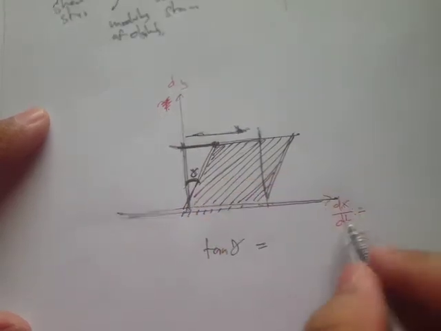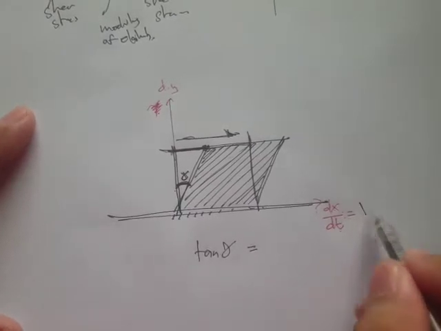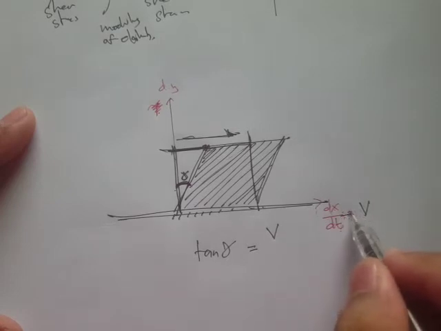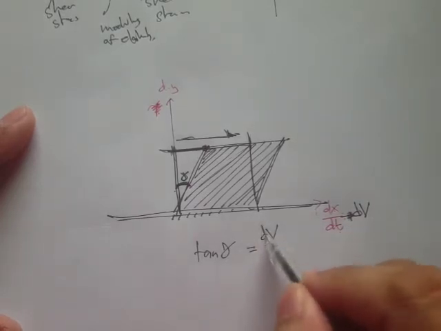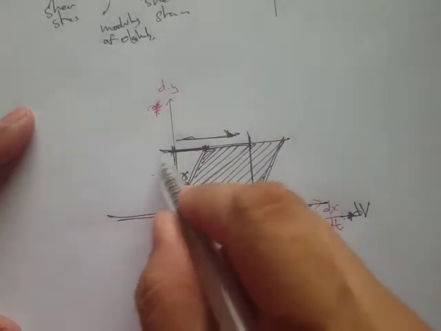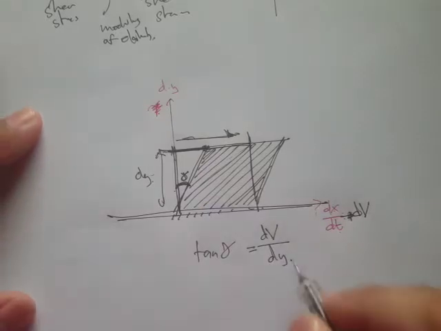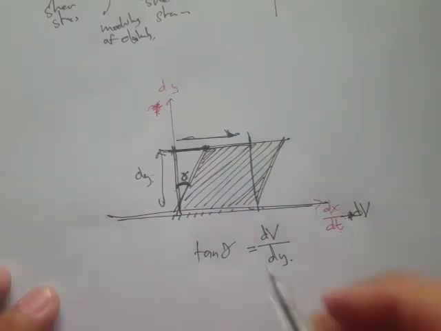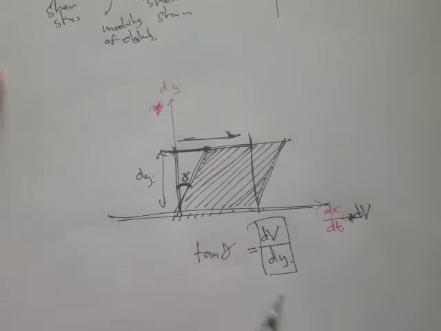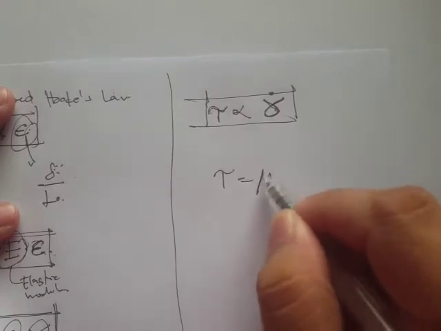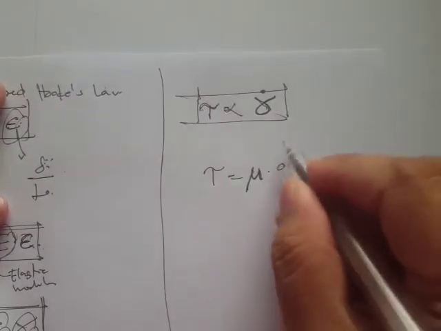That's just dx over dt, which is simply the velocity, V. Of course, that's going to be translated to the differential velocity, dv over this height, dy, right? So therefore, the rate of shear strain is equal to some constant right here times the rate of shear,